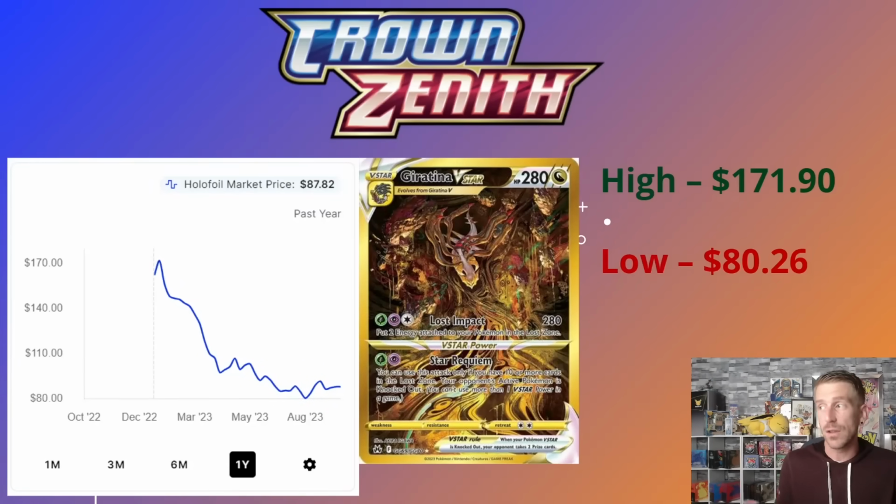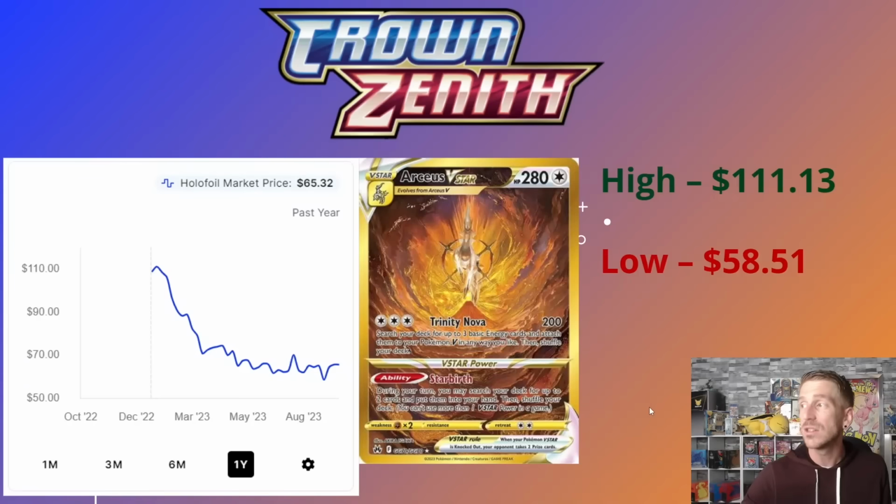for in the future. I think the only card in Scarlet and Violet 151 that's selling for more than the Giratina right now is the Charizard EX Special Illustration Rare, so it wouldn't surprise me if that card was pretty high right now and came down to about $70, $75 in the upcoming months. The Arceus V Star, if we compare that to some of the other chase cards from Scarlet and Violet 151, like the Alakazam or like the Erica's Invitation, this trending downward path is something that you can probably also expect